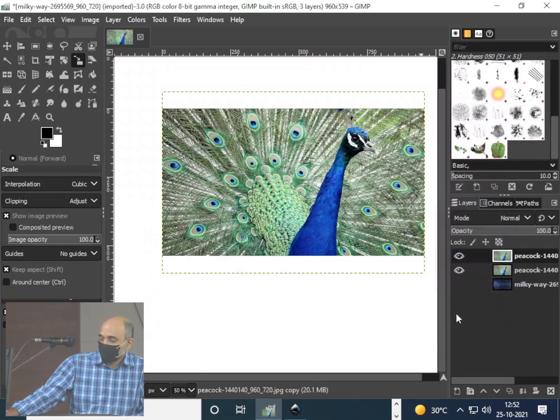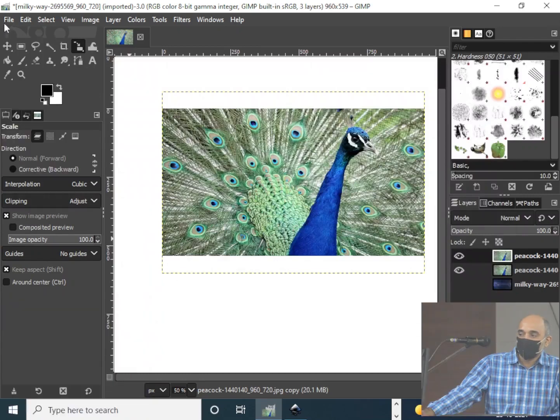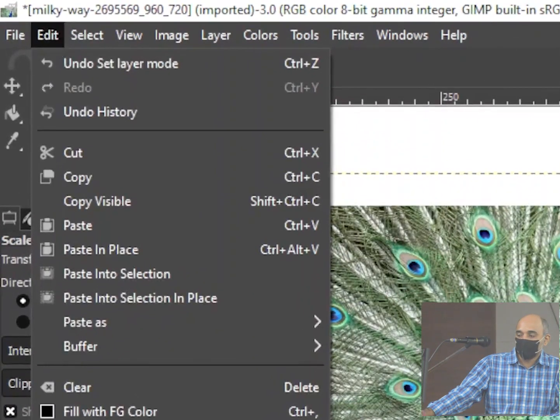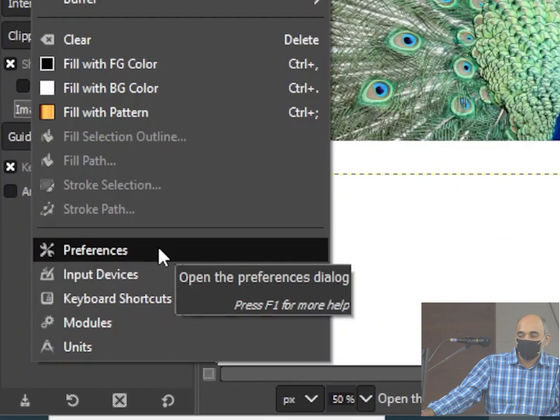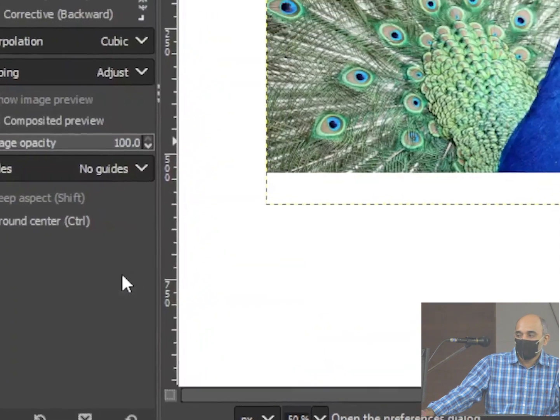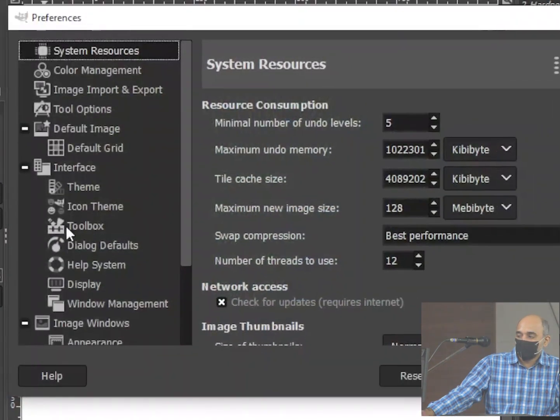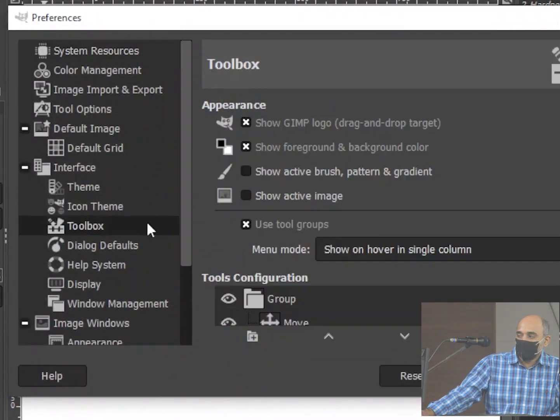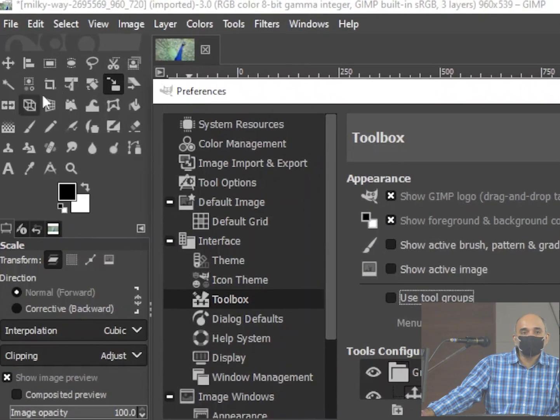Yeah, no, because you could not find scale, I am just saying you can go to edit, go to preferences. There is a preference option here. Then you can go to toolbox, and in toolbox there is an option there, use tool groups. It's checked by default. Uncheck it, and you will get all the tools which are there.